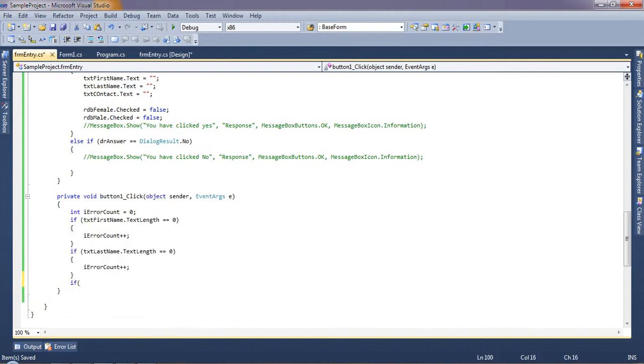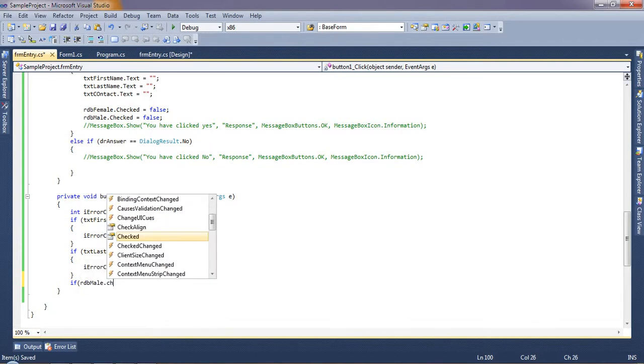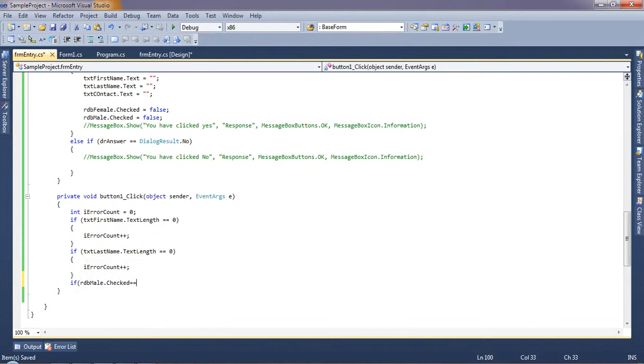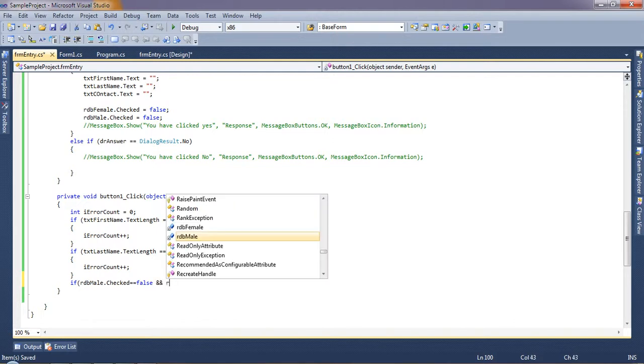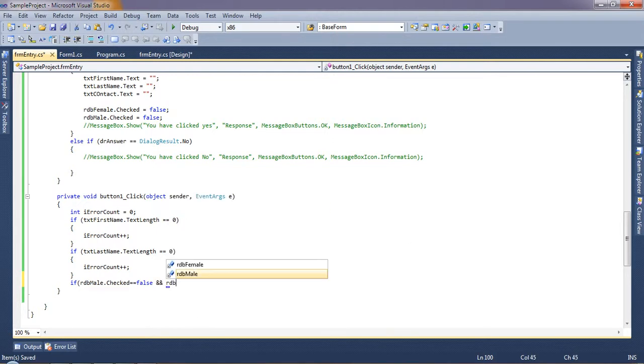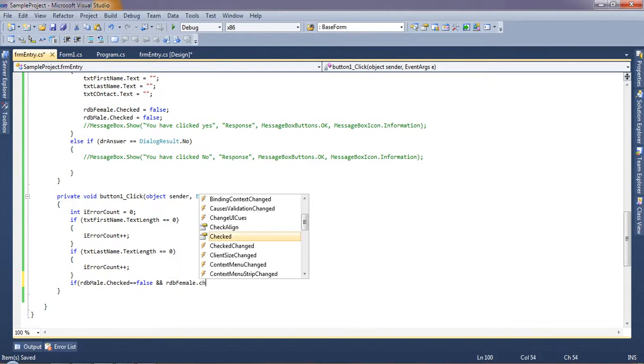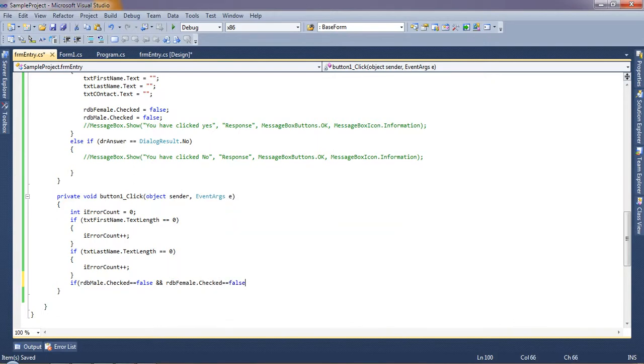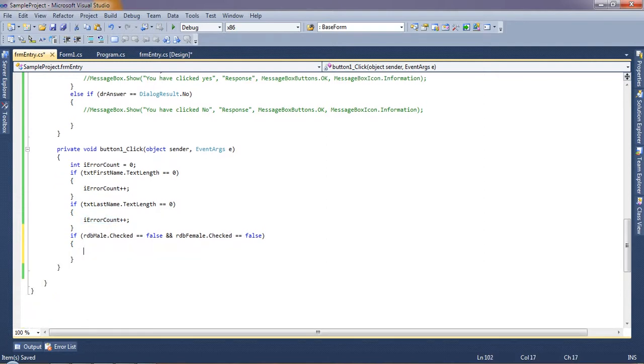If rdb male dot checked equal to false and rdb female dot checked equal to false, if both are not checked, then also I will add to the counter.